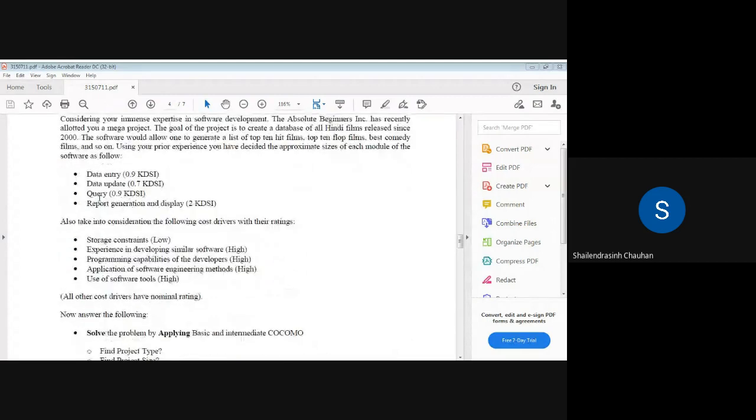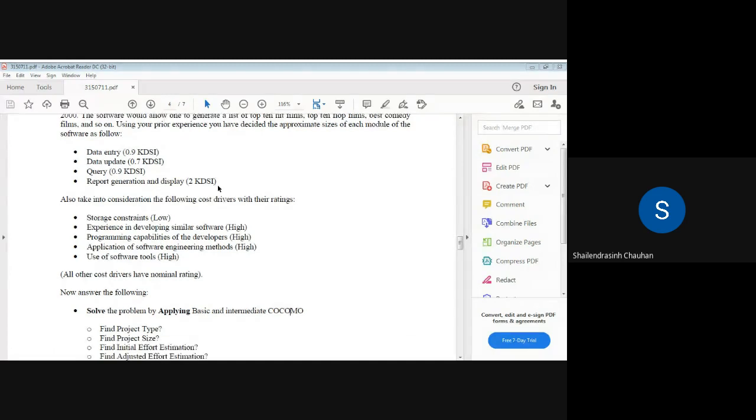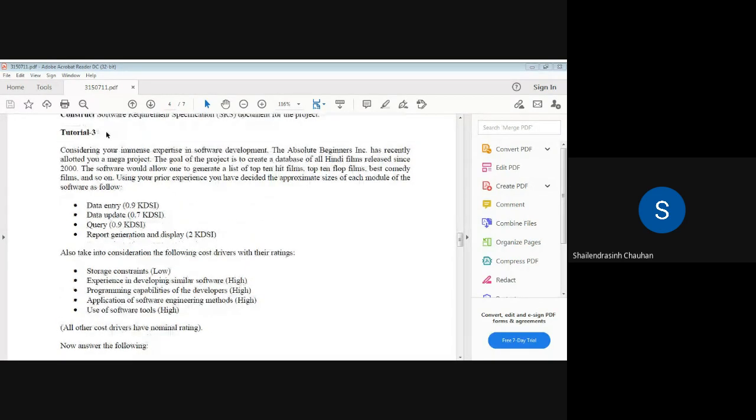And so first of all, you should have understanding about COCOMO model. What is it, and what you need to do in that. So here, there is a kind of scenario given to you that let us say you are running a company and one project is given to you, and based on certain things, you need to estimate different kinds of parameters.